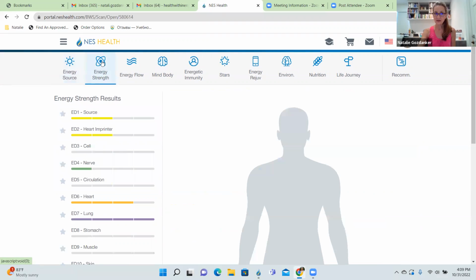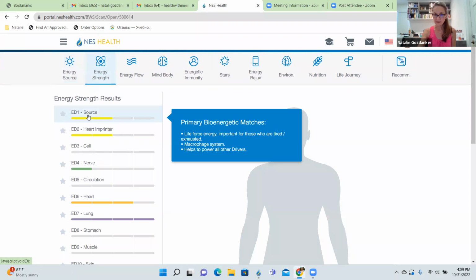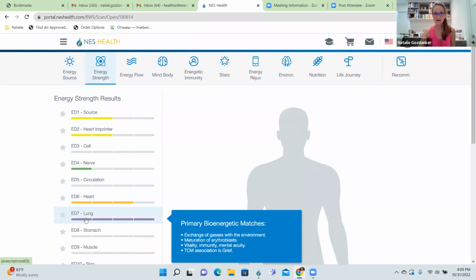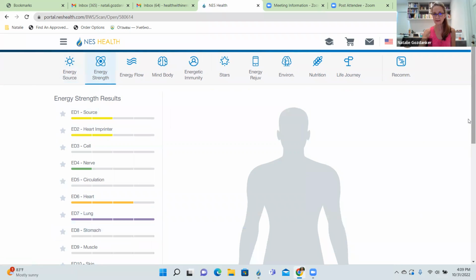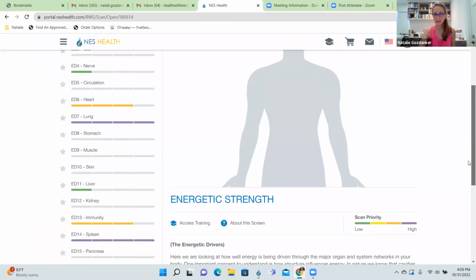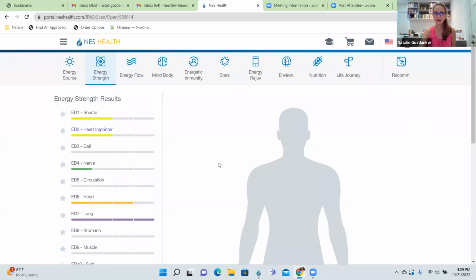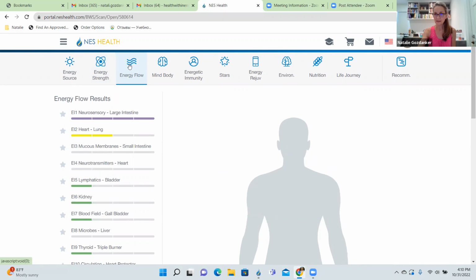Then we looked at energy strength last week as well. This is the organs of the body, like the nervous system, circulation system, different organs and systems actually. Heart, lungs, muscles, skin, kidneys, spleen, pancreas, and so on. Those are the hubs, like gas stations, so to say. Because of their certain structure, they are able to cultivate energy from the environment and store it for later use. And today we're looking at the energy flow,